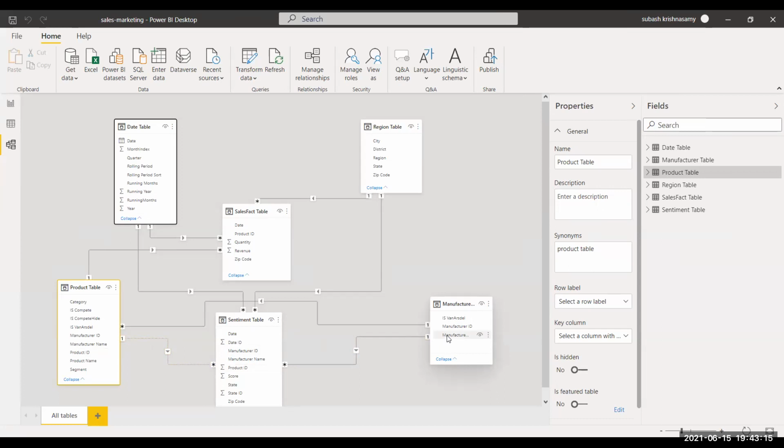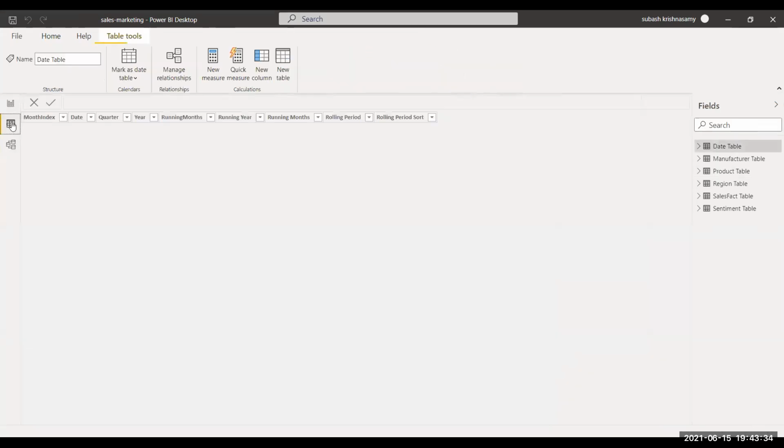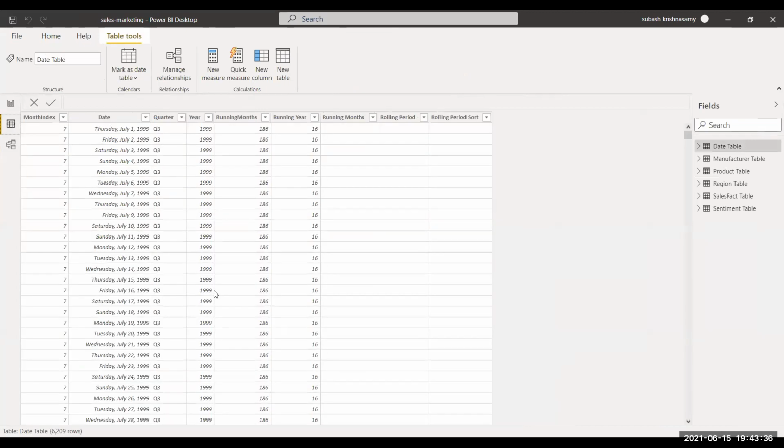Yeah, if we see these dotted lines, there is some incorrect relationship, which is what we can understand, right? And one more thing, can you please go to this data pane? Yeah, the data view. Here in the data table, so many of the columns seem to be irrelevant. We can remove those columns.